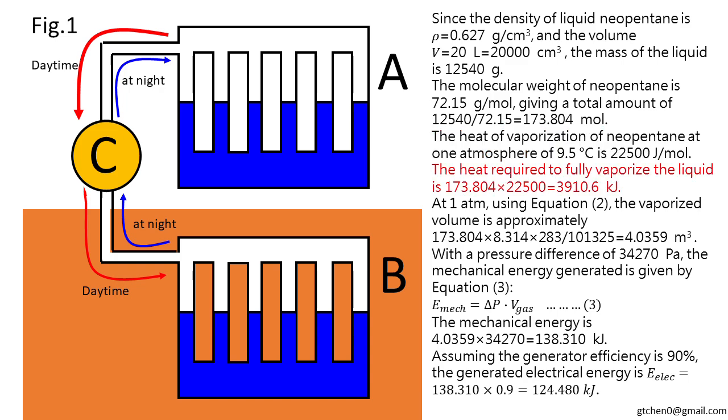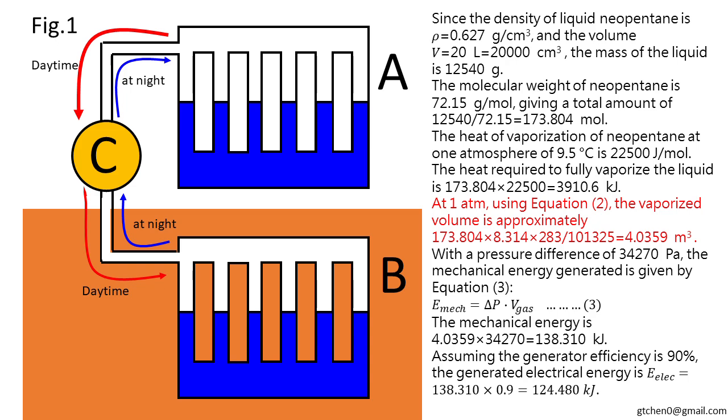The heat required to fully vaporize the liquid is 173.804 times 22,500 equals 3,910.6 kilojoules. At 1 atmosphere, using equation 2, the vaporized volume is approximately